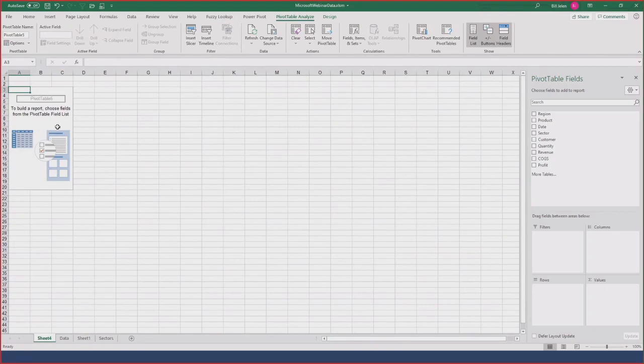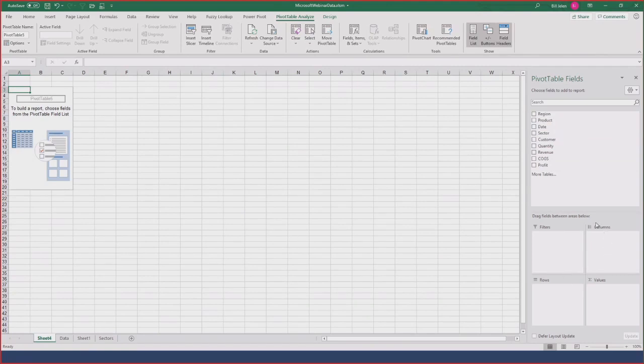The pivot table is going to go over here on the left-hand side, but let's take a look over here on the right-hand side for a minute. The pivot table fields pane, and it has a list of all the fields in the original data set, a little checkbox next to each. And then down here at the bottom, this is how we build the report. We take fields from the top and we drag it down here to the bottom. 4 drop zones that we're going to use today.